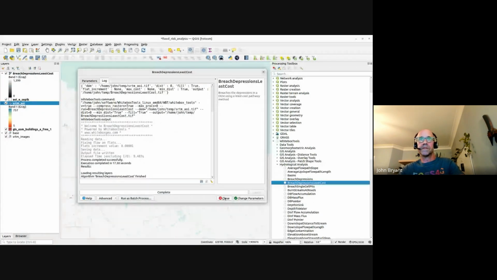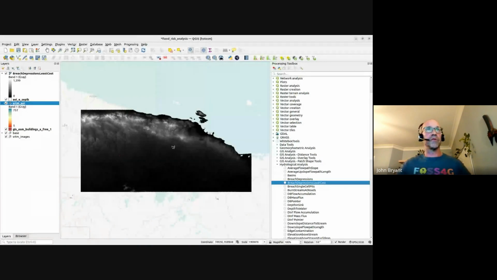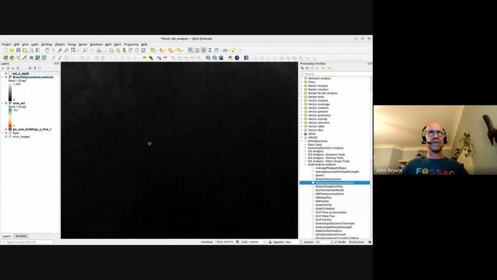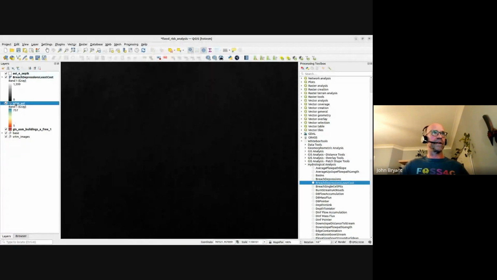And it's done. So close that. And we've got a new raster here. And so this raster, breach depression's least cost. So I want to do a little bit of a comparison here just so we can get a sense for what it's done. And so I'm just going to zoom in to an area here,